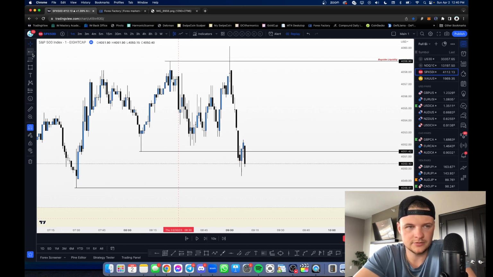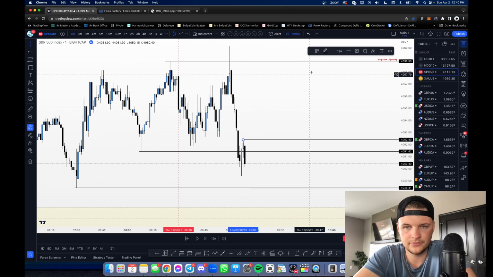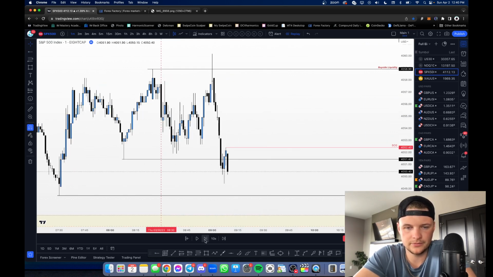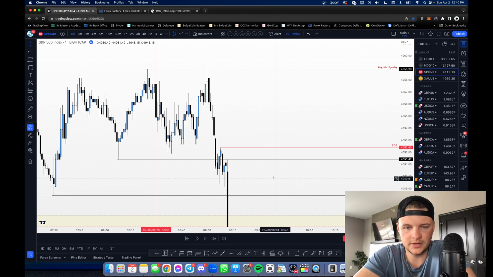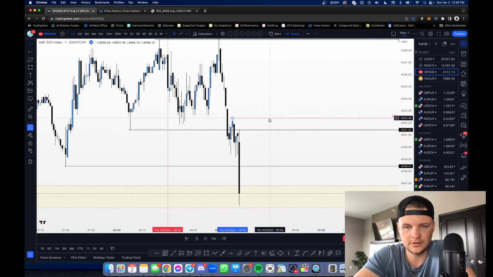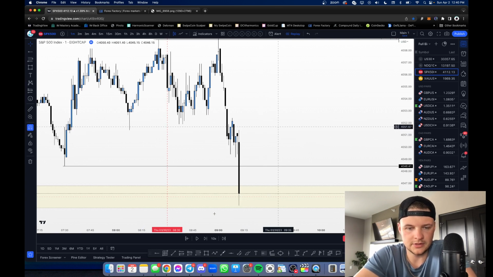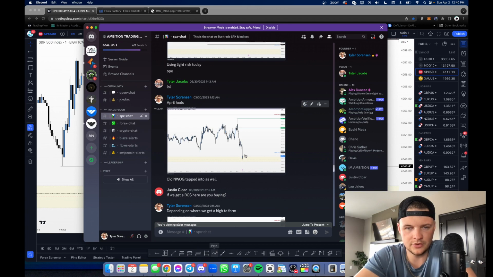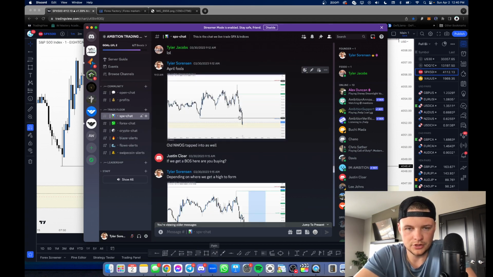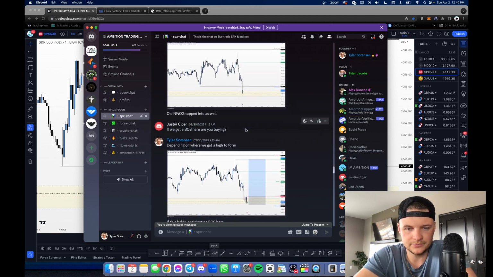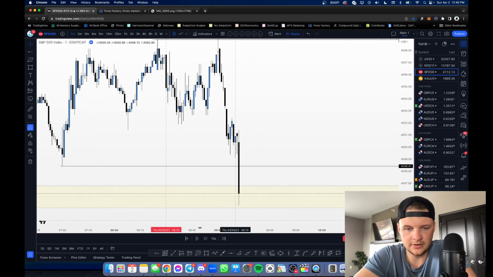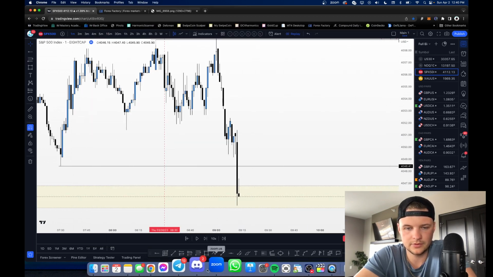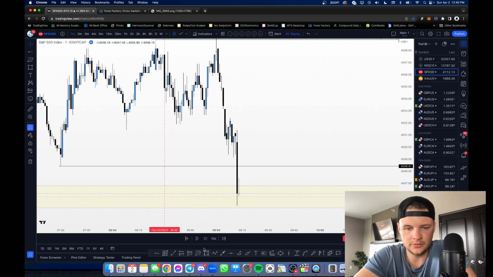So okay, great. Tracking this high for break of structure. I think we ended up pushing right through it though, right? Yeah, so price ends up pushing even lower. Delete this. Delete this. Great. So just to show you guys the Discord, price pushes through that, taps into the new week opening gap, and then we get a bullish close after that new week opening gap on the next candle. Right? Oh no, we didn't. We got a doji.